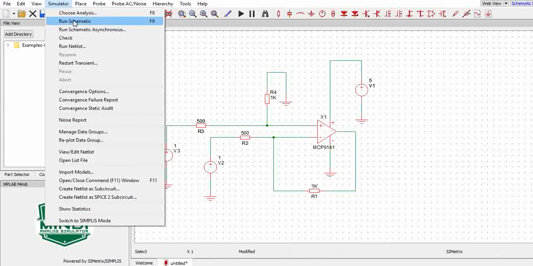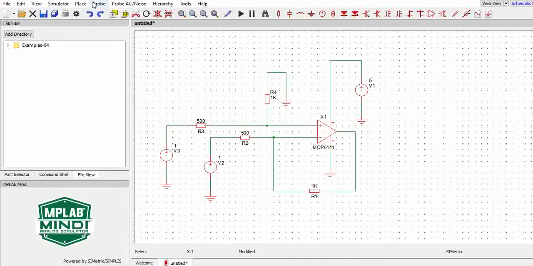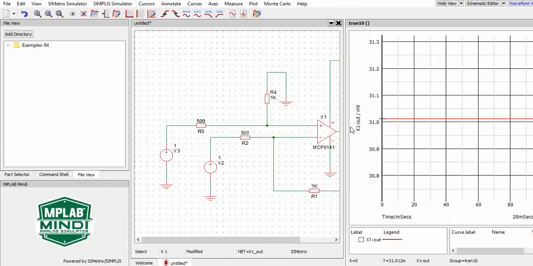If you try to run the schematic, and then let us assume we probe the voltage at the output, you can see here this particular voltage is 30 millivolts. Actually it should be 0, but it is 30 millivolts, right? This is because of improper common mode rejection. Generally the common mode rejection is infinite for an ideal differential op amp, but in reality for actual op amps it is not infinite. There will be some voltage that is seen.